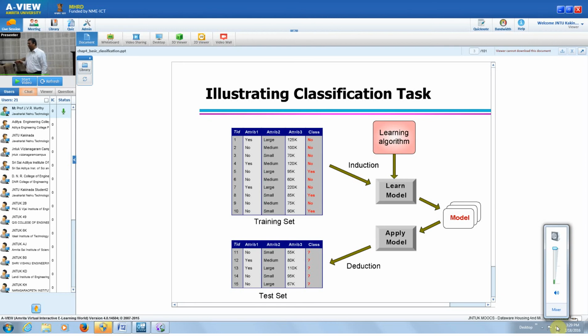So depending on the training and test data you use, your model will differ. Deriving different decision trees and finding out which is the best